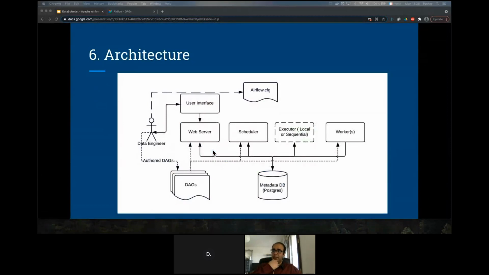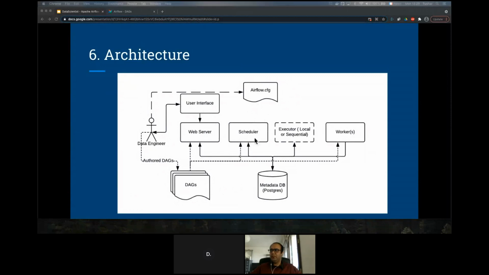Let's quickly go through the architecture. We have discussed the core concepts and the UI, but the architecture is what basically goes behind Airflow, what Airflow is made of. Here I'm a data engineer, so I am responsible for writing all the data pipelines which will be running on Airflow. They will be managed by a data engineer. Also, we are responsible for writing the configuration file. Airflow.cfg is the configuration file which maintains Airflow and decides how many tasks can run in parallel or how many pipelines can run.